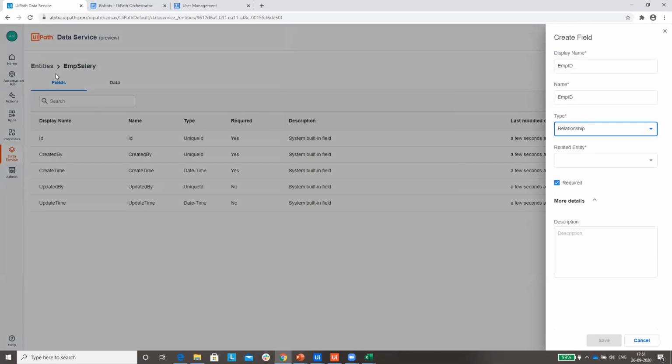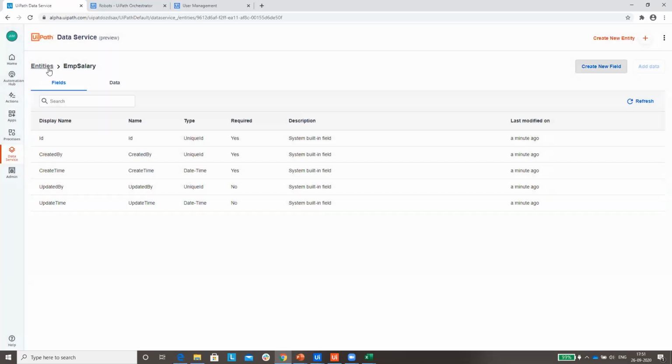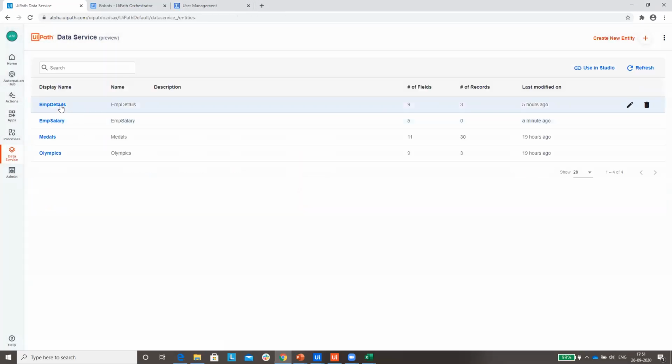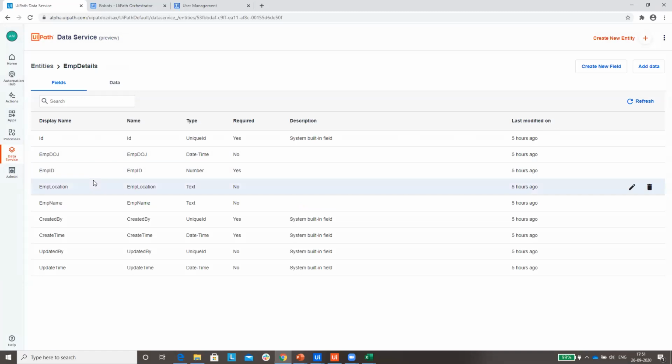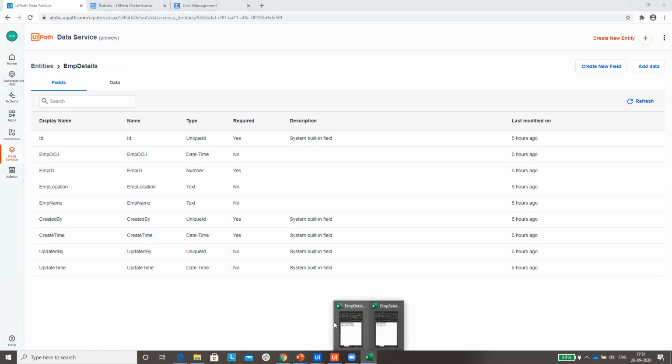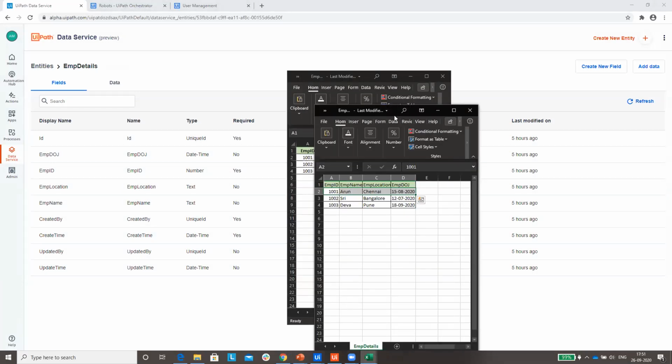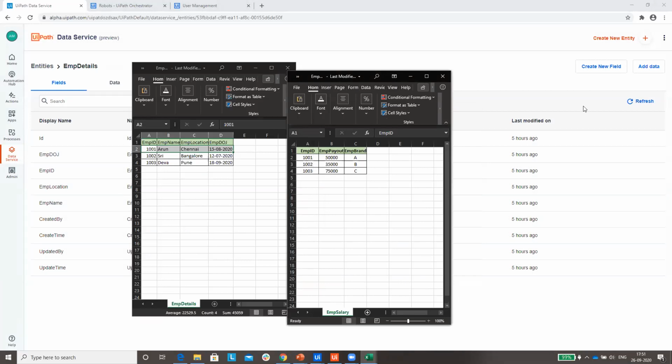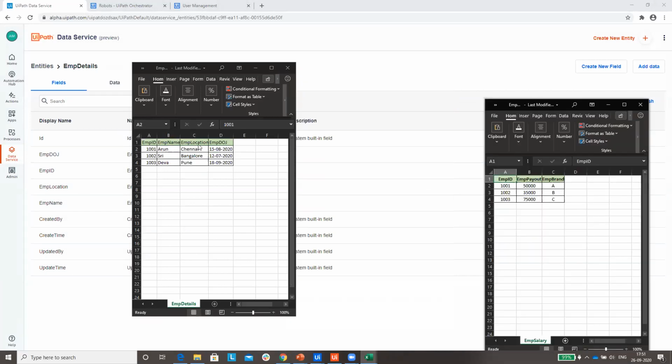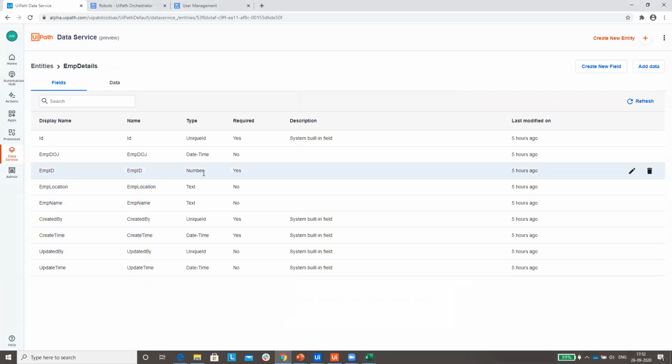Initially, in the primary table. What I mean by that is, let me show this one. Employee detail is a primary table, inside which you will be creating all the fields which are under here, like employee ID, employee name, employee location, and employee date of joining. This is the primary table, and this is a secondary table we have in hand. In this table, the employee ID will be saved as a number.